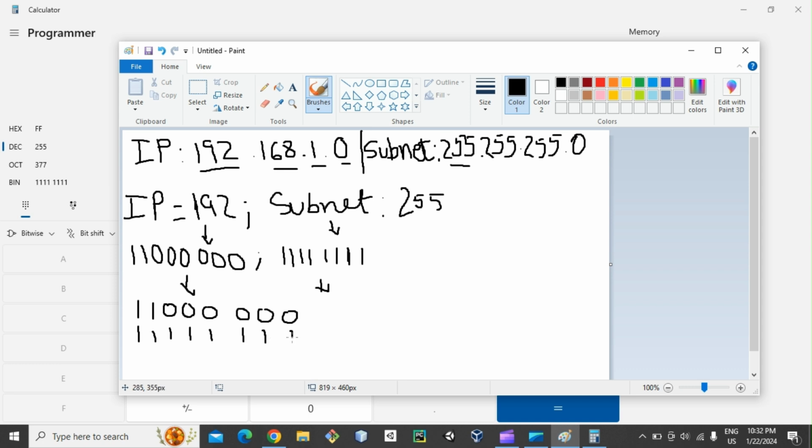And then we're going to do the bitwise operation. When it comes to bitwise operations, whenever you see a 1, if there's a 1 in both the binary part for the IP address and the subnet, it's going to be a 1, otherwise it's going to be a 0. For example, for the IP address I can say I here and S for the subnet,